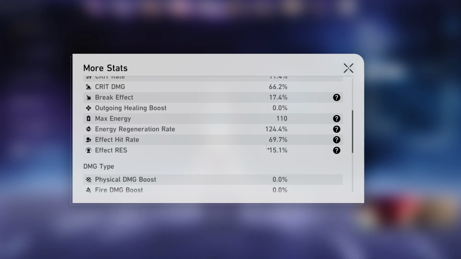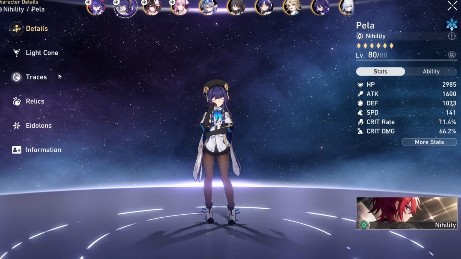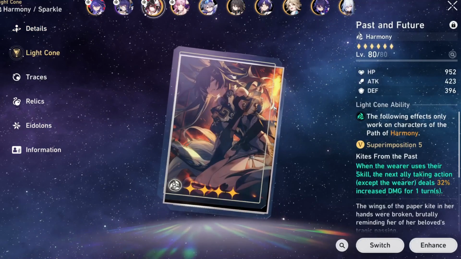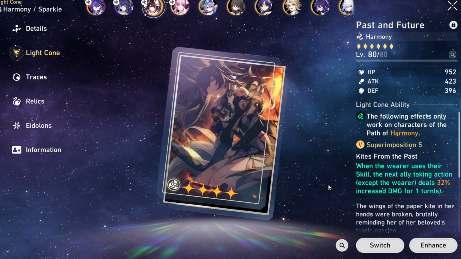I got like, what is that? 140%? That's too much. I have way too much. And I have 124.4% energy regen rate so that we can get that ultimate going off with Pela as often as possible. Now, this Sparkle here, we're running, what is this, Past and Future, so that we can give the